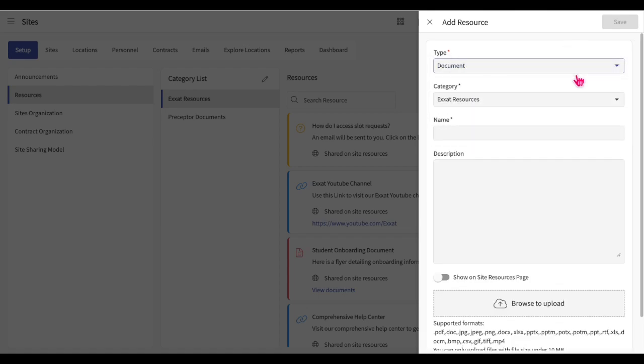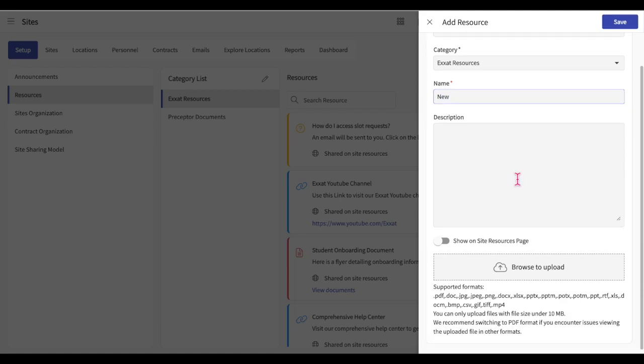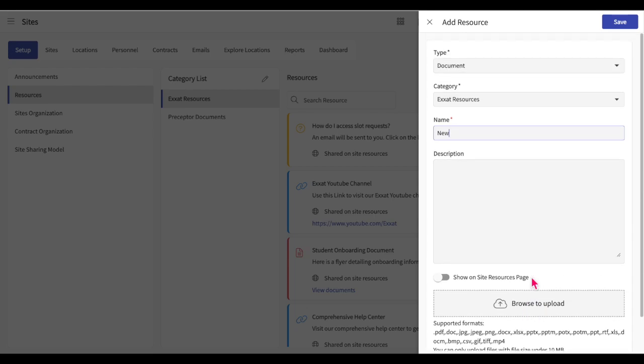Then indicate which category you would like to include the resource in. You can then provide a name and description for the resource. If you chose to add a resource of the document type, scroll down to the Browse to Upload button. Be sure to review the supported file types and size limits, then click the Browse to Upload button and upload